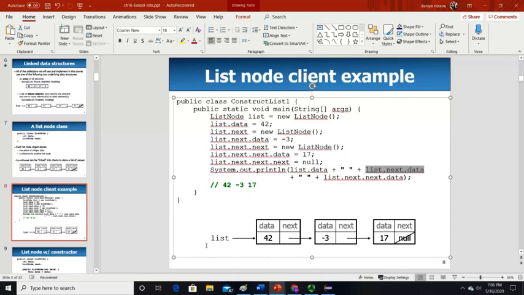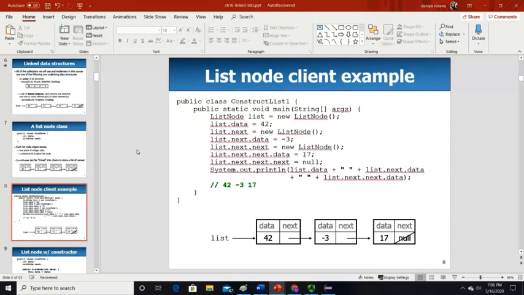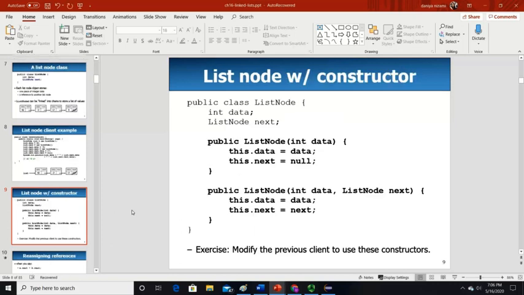And to print 17, you need to count how many .next you have, and then you will print 17. Again, this is a very basic example to make you understand how the address thing works. Otherwise we will be using loops, and you will not work in this way with the linked list. It's very convenient for some of the examples.